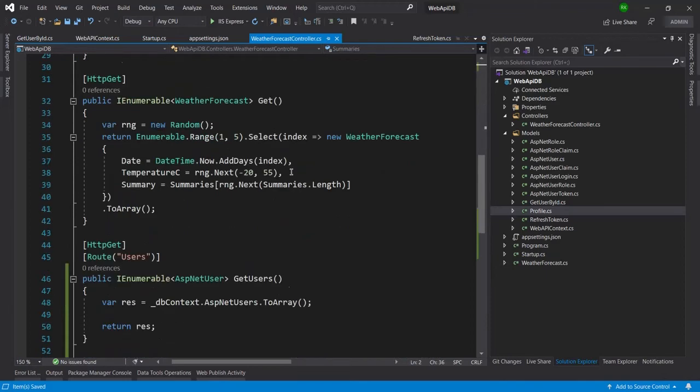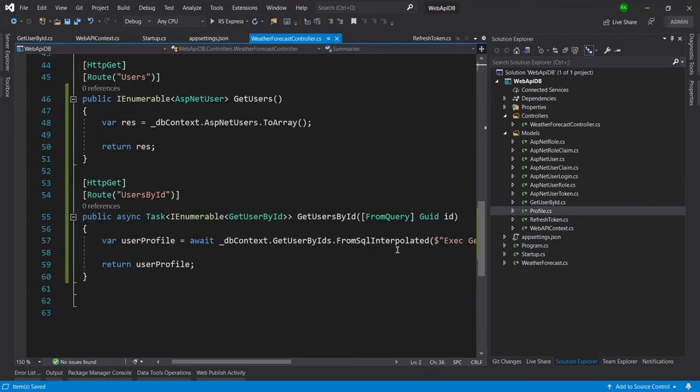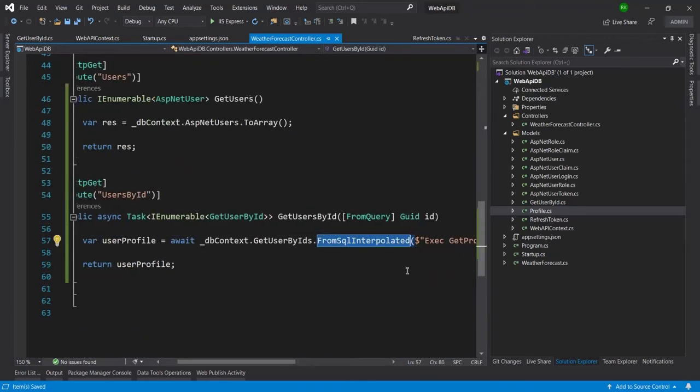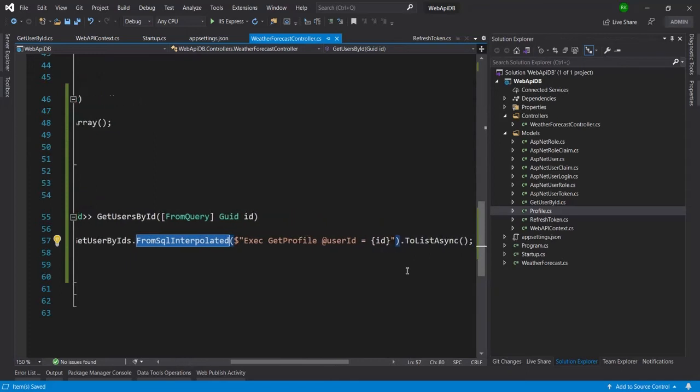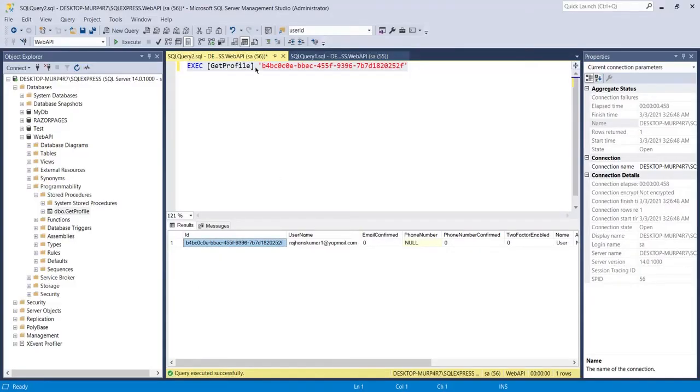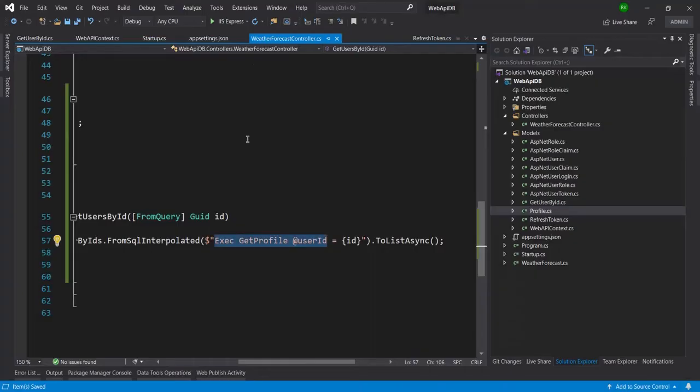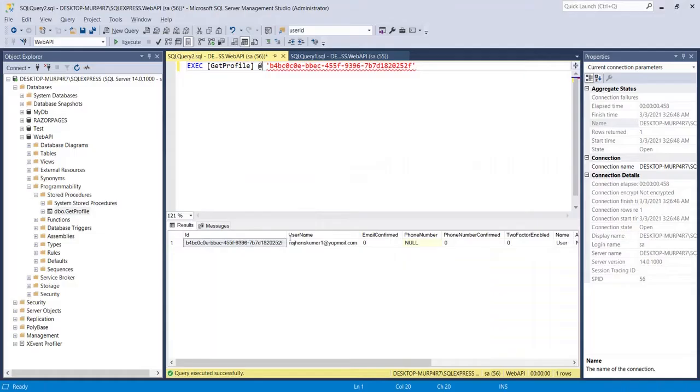And now I am able to use this. This is the same as what I am calling from right here. Let me use the same, for better understanding.